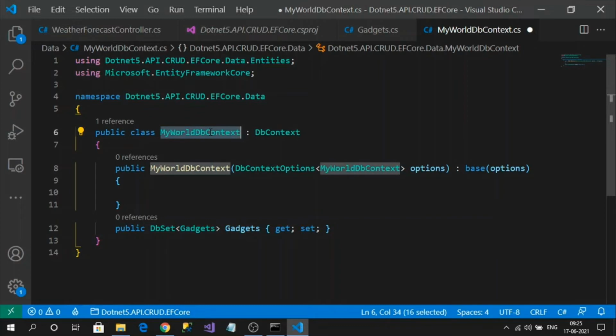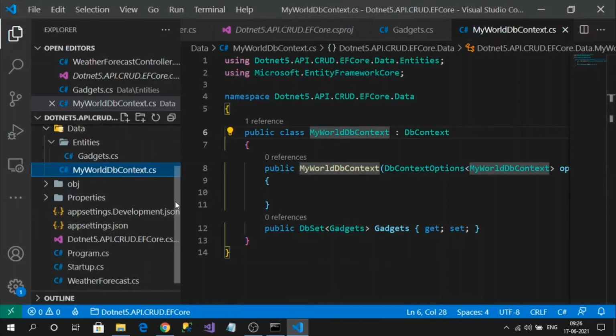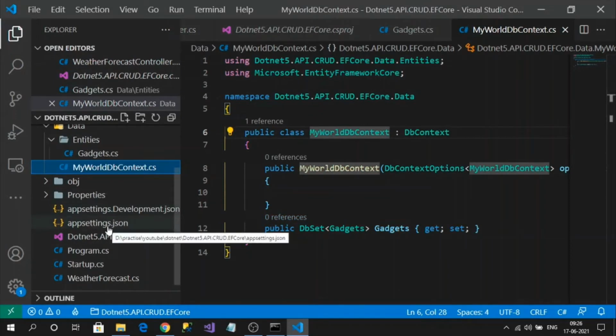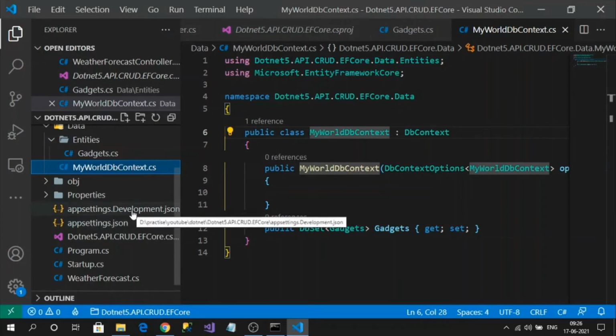Okay, so the next thing is let's add the connection string for my database. So to add our connection string, let's go to appsettings.json. Mine is development only, right? If you observe, there are two files, appsettings.json and appsettings.Development.json. So this Development is nothing but the environment variable.